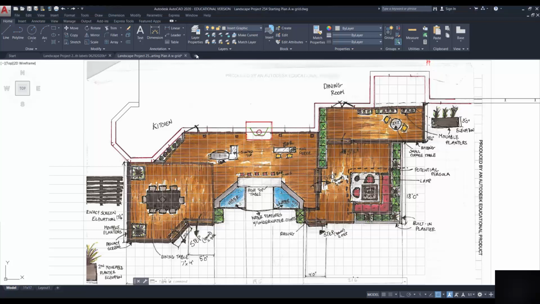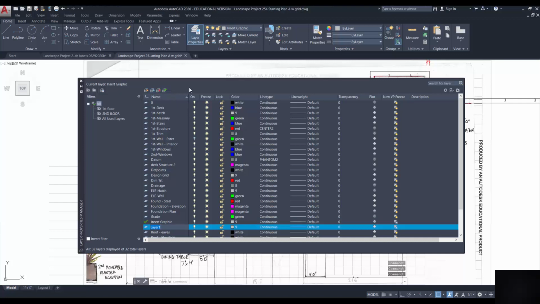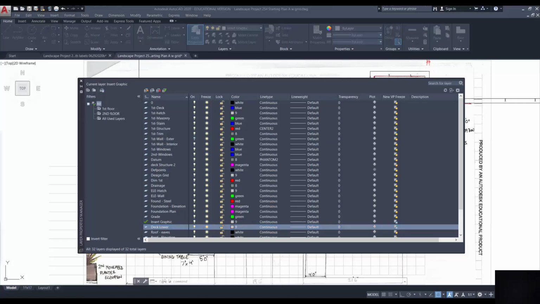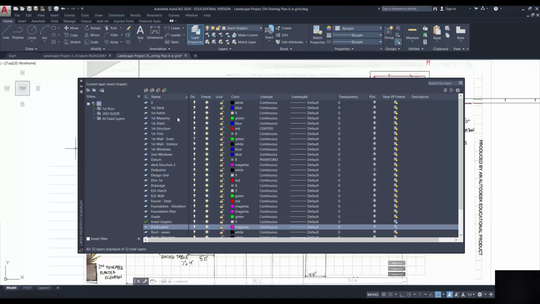First of all, I'm going to go into layer control because I want to make a number of different layers for my project. I do have some that are already here, but I'm going to create some new ones. I'm going to create one called Deck Lower, and I'm going to make that one fuchsia in color. I'm just going to move my color chart over. Okay, and I'm going to make another new layer here, called Deck